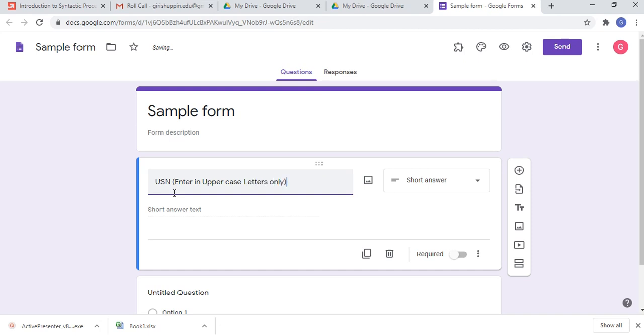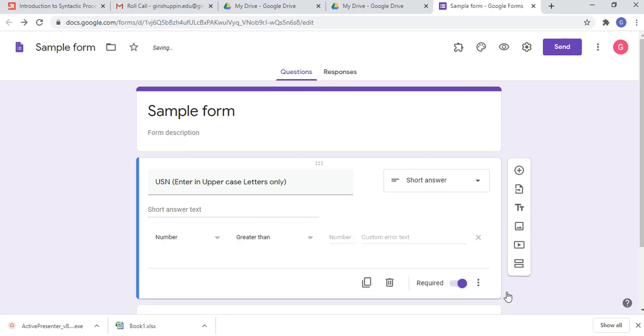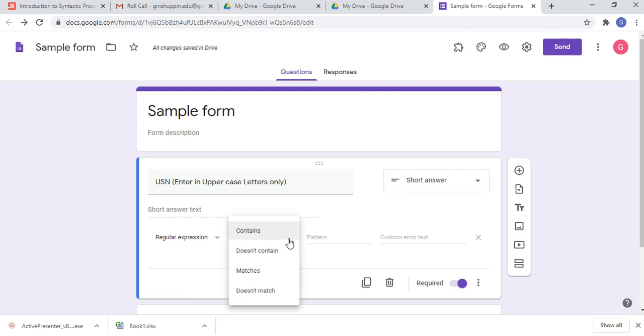Okay, and we will make this a required field, and then we will do the response validation. We'll select that, and from this drop down we will select regular expression, and from the next drop down we will select matches, and here we have something called a pattern.